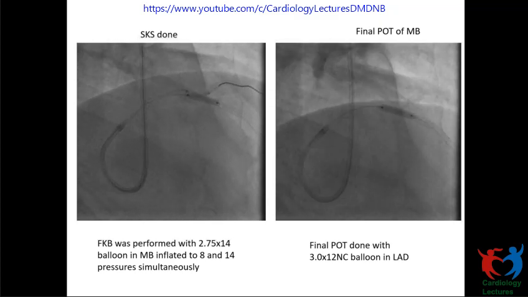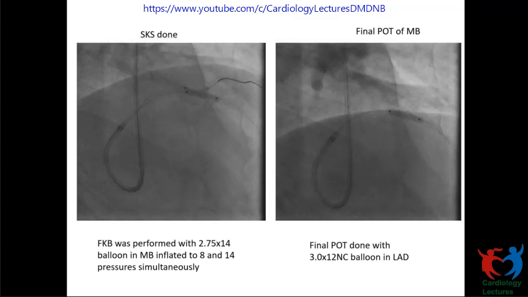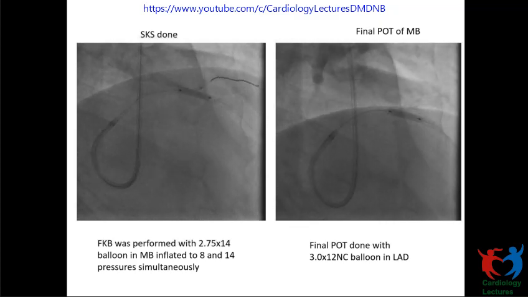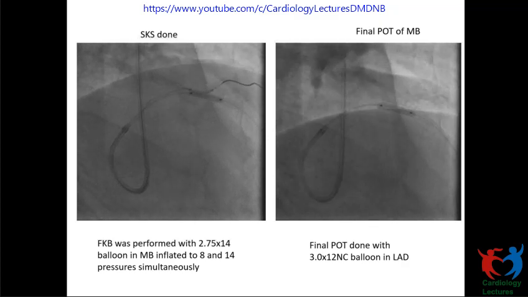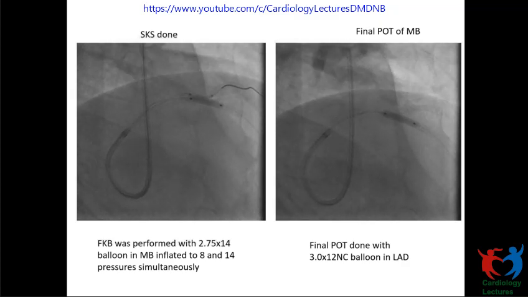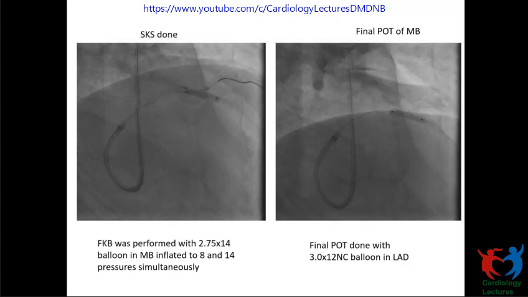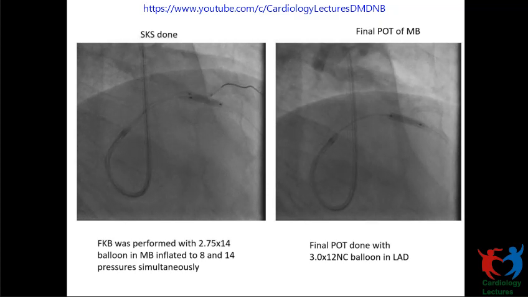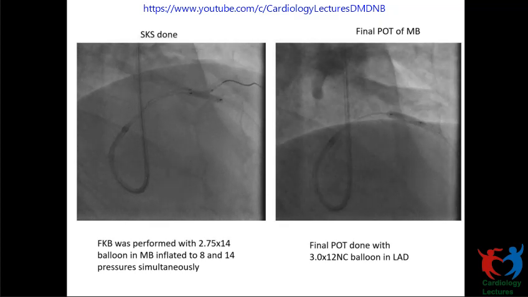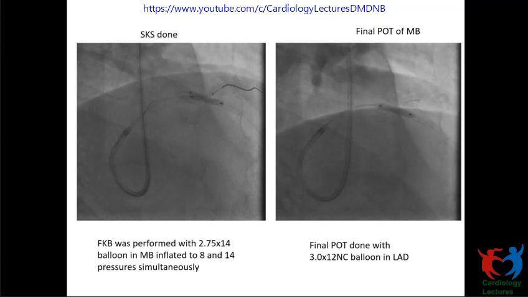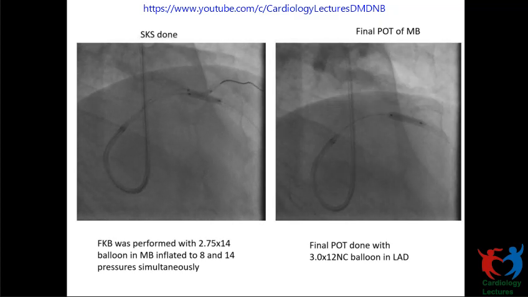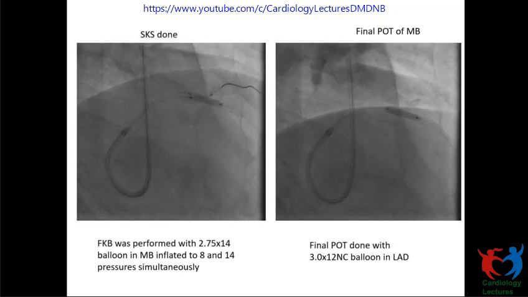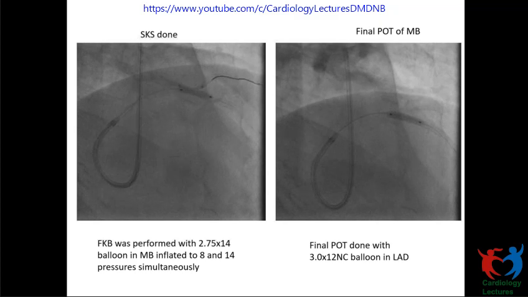I agree, ma'am, but we could not pass a bigger balloon than that, so we had to go back to the same 2 balloon. And there is mild angular expansion present at the diagonal. That is the reason why we would do a double crush: put one stent, crush it, and then take the second and do it, because you'll never get a good result if you don't crush it fully and get a good kissing. If you're under dilating and doing a kissing, the stent is not fully deployed at that side branch. The key is not placing 2 stents, but getting a very good apposition, because any metal that is meshed at the carina will, in the long run, always trouble.